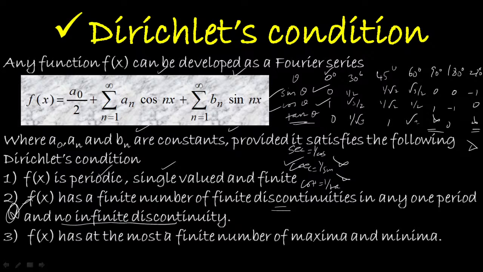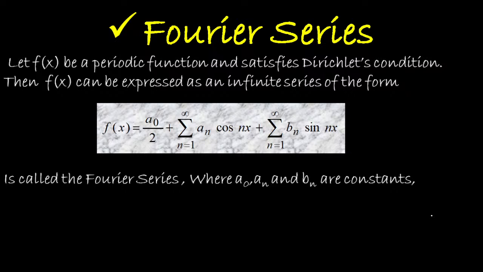The last condition is that f of x has at the most a finite number of maxima and minima. If any function satisfies these three conditions, then we can express it in terms of a Fourier series. Now let's move on to the definition of Fourier series. Very important: let f of x be a periodic function that satisfies the Dirichlet conditions. Then f of x can be expressed as an infinite series of this form,